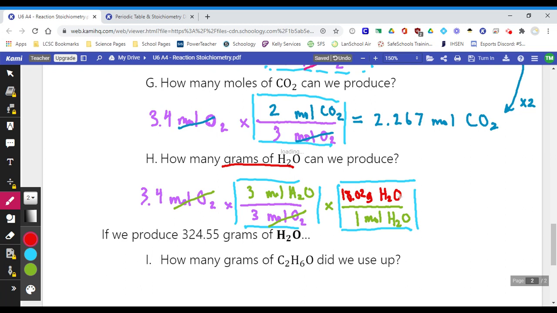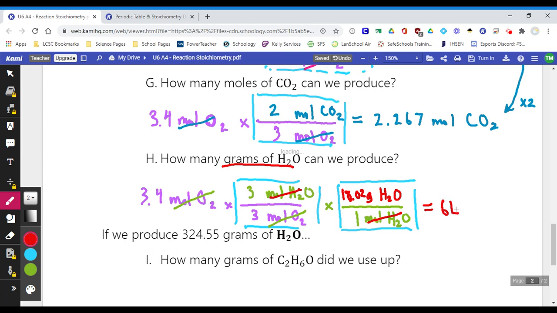I just added up 2 H's and 1 O. This next fraction bar will help me cancel out my moles of H2O. And what will be left is grams of H2O, which is what I want, which means my problem's done. All I have to do is plug this all in. So I take 3.4 times 3 divided by 3 times 18.02, and what I come up with is 61